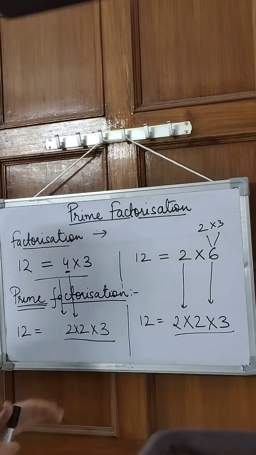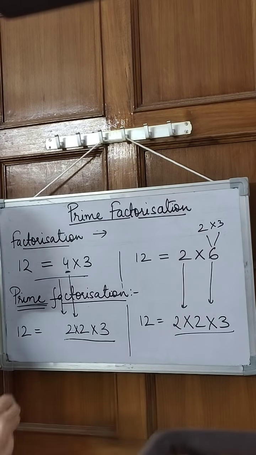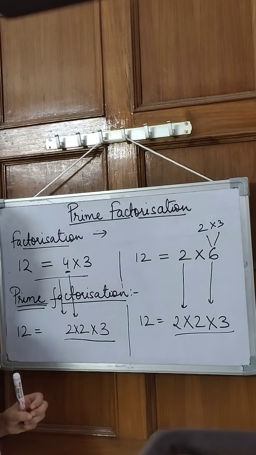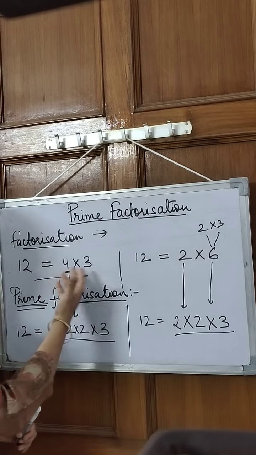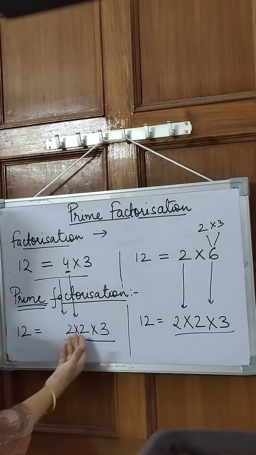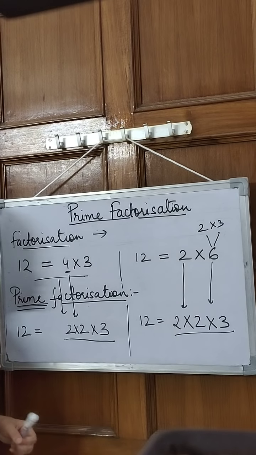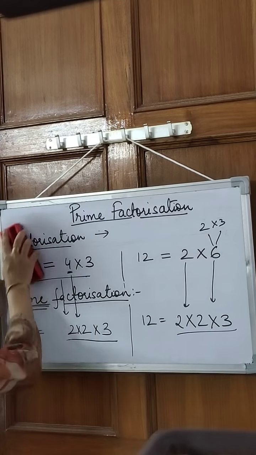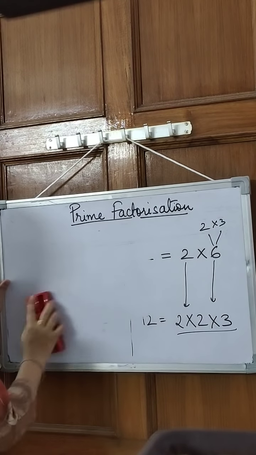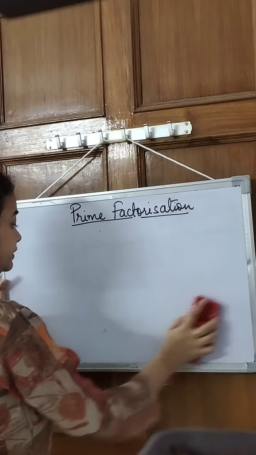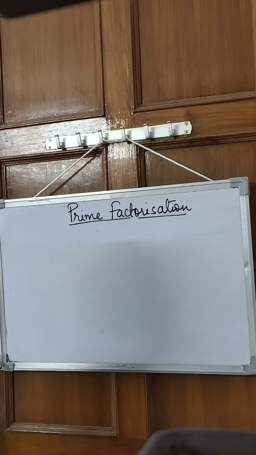Now this is a very easy number that I have taken. It's the number 12, so I can do this orally. I don't have to apply any method. I can simply see the number, and the numbers are so easy that I can write 4 as 2 into 2 or 6 as 2 into 3 and my work is done. I've easily found my prime factorization. But if the numbers are big, then what do we do? We use a method called the division method. With the help of the division method, I can find factors, or I can find prime factors.